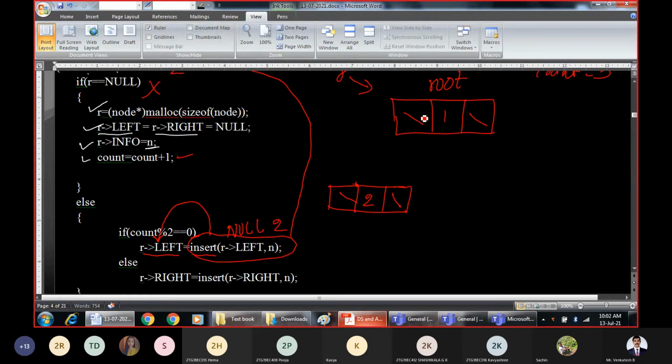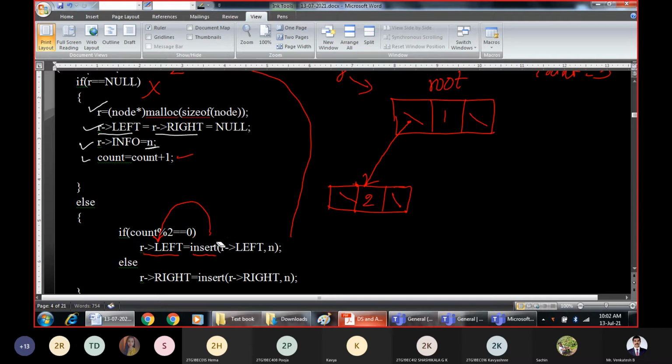To this root pointer left we are assigning the new node. That means root pointer left will get the new node. It has been inserted at the left side.